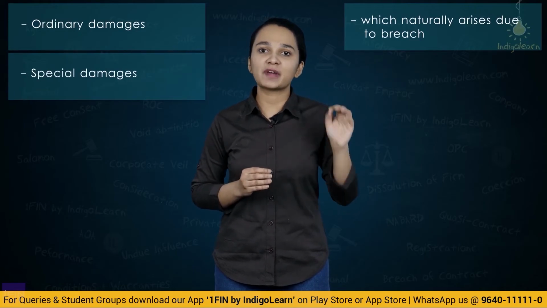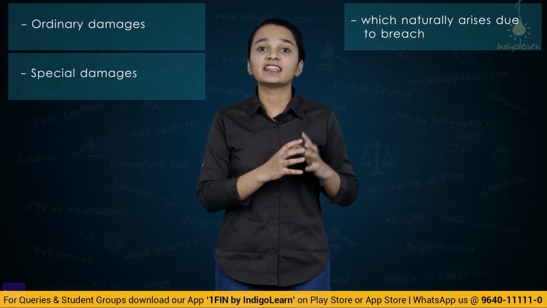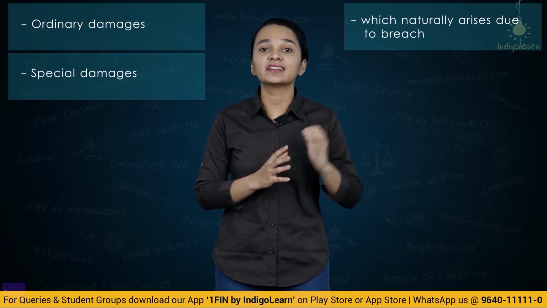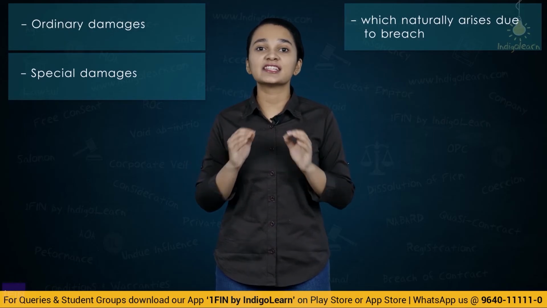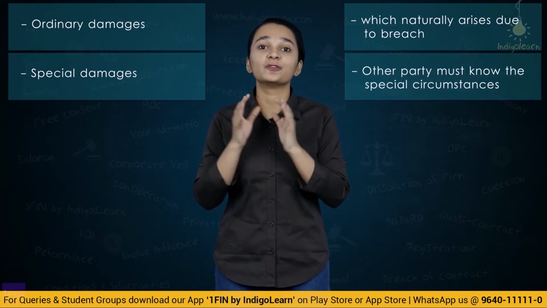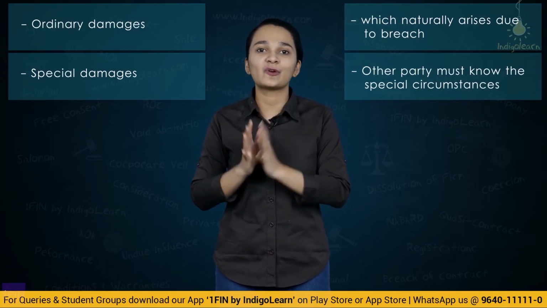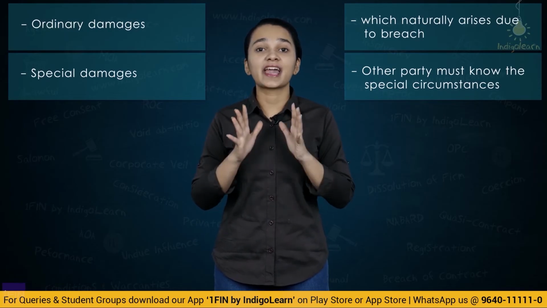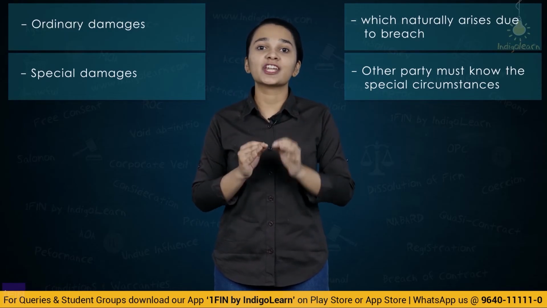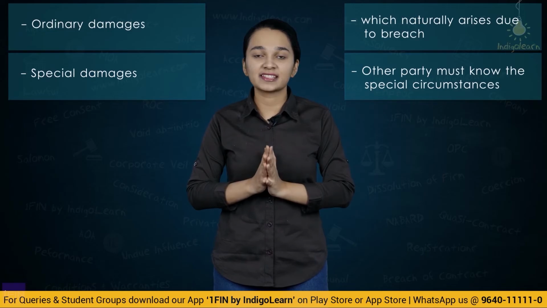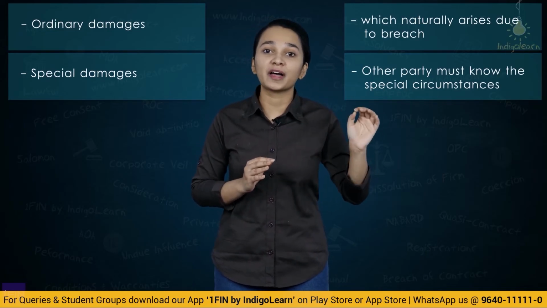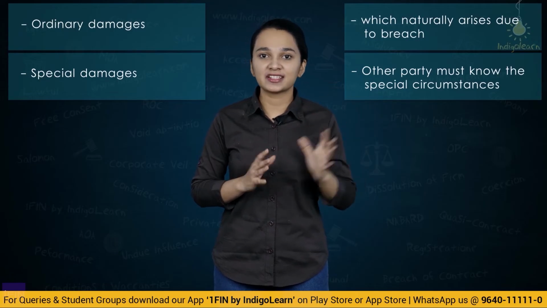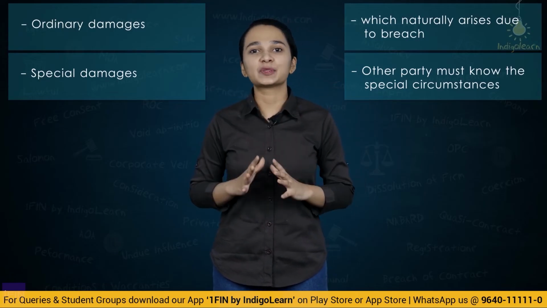In order to claim special damages, the aggrieved party shall beforehand make the other person know about certain special circumstances which exist which might affect the contract. So special damages can be claimed only in a situation where a notice of these special circumstances has been given to the other party. When the other party knows about the existence of special circumstances,